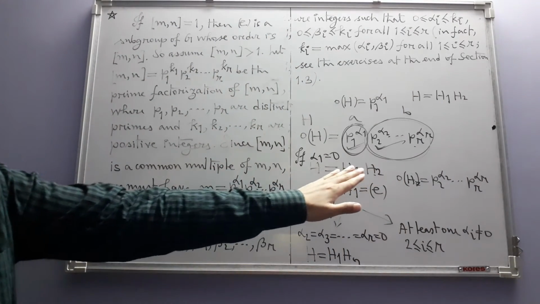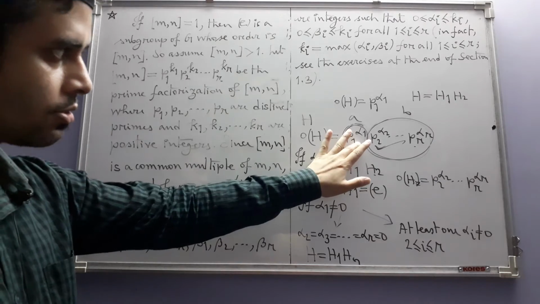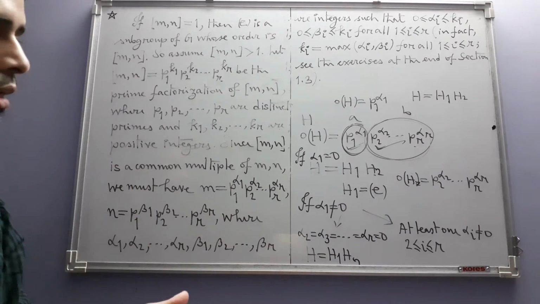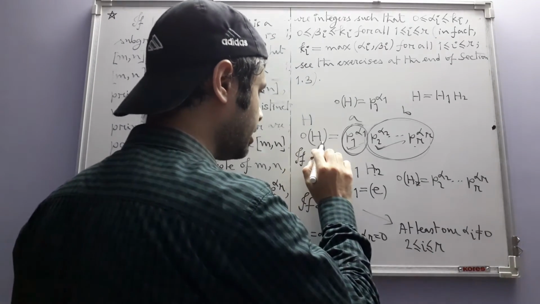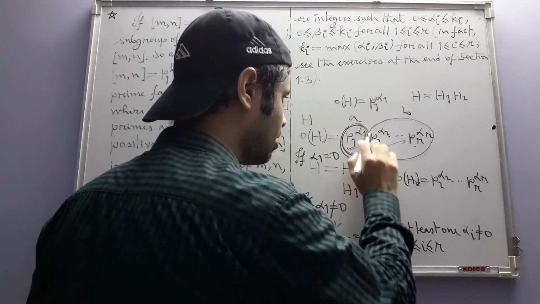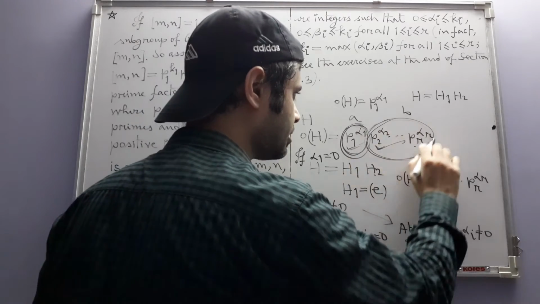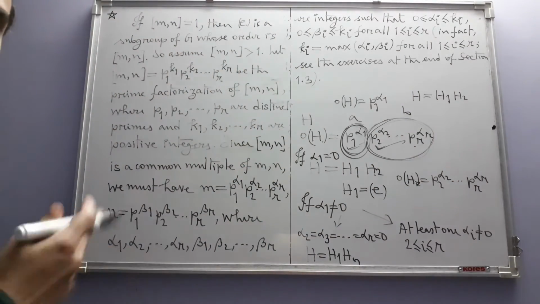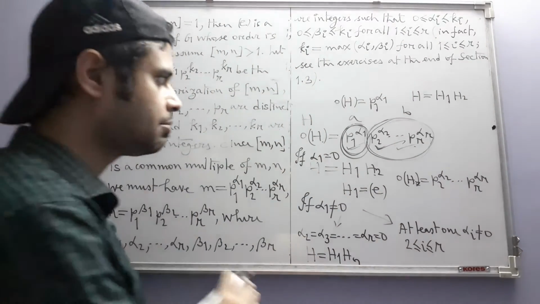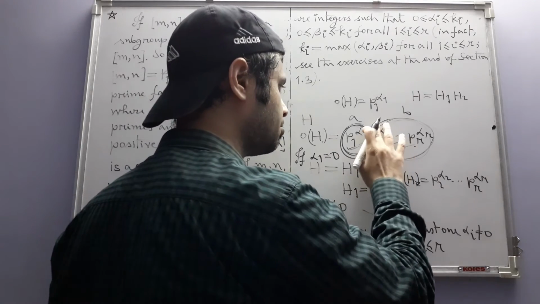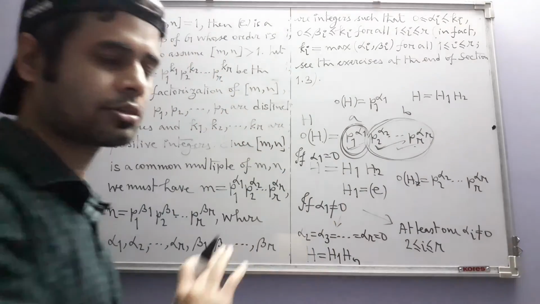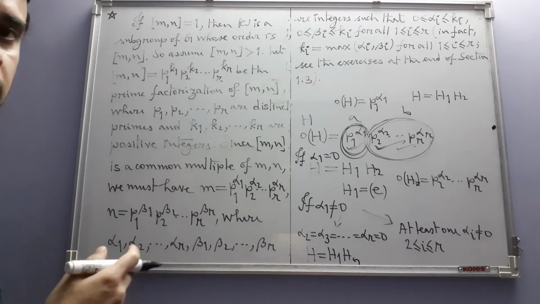H as a product of H1, H2, where H1 has this order, where alpha is 0, and H2 has that order. So in any case we are able to express H as a product of two subgroups, one of whose order is this and the other one has this order, and then you continue this process with that second group H2. That can be expressed as a product of a subgroup of order this and another subgroup whose order is the rest of the product, and you continue this process.